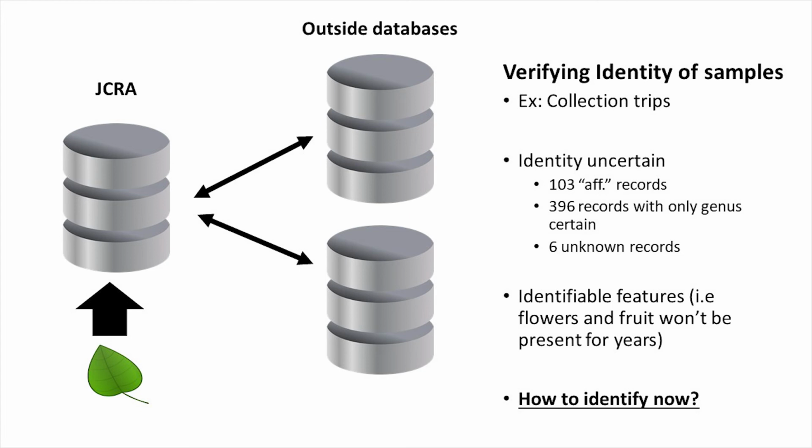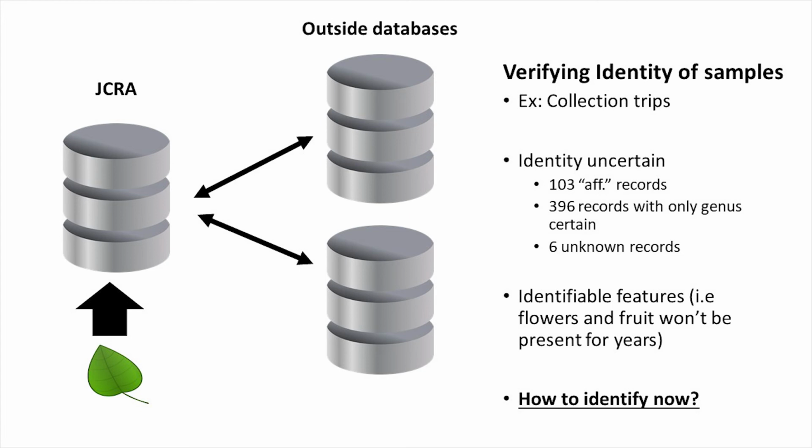The real cool thing I do want to talk about is the validity of the plant data, or the plant identity itself. As you can hear from this talk, my background is using molecular data to understand how things are related. So why not use those same techniques and resources to understand if some of the things in our records can be pinpointed down to species? Currently, in our records, we have 103 living things with an affinity status, meaning that we think this collection is similar to a certain species based on its morphology when it was collected.